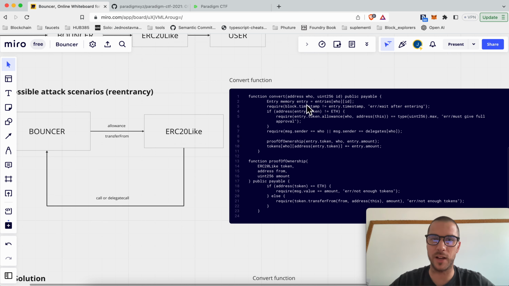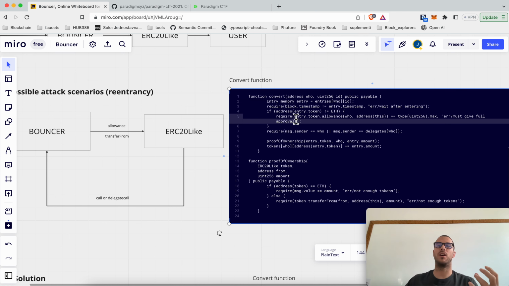In the convert function, this entry is read from storage, and then we first check whether the entry token is ETH or not. If it's not ETH, since this convert function will try to transfer tokens in your ownership to the bouncer contract,